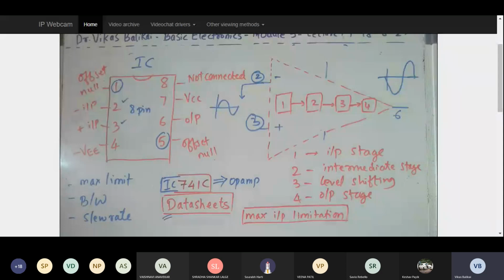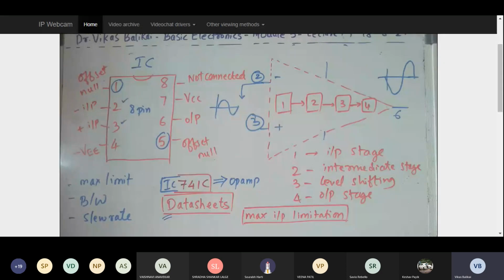Now coming to the structure, what I have shown over here is the internal structure. As you can see, I have just marked a dotted shaped symbol of my op amp, and inside that I have marked 4 blocks: 1, 2, 3, 4. Once I show you the internal structure, at that point of time it will be even more clear. But you can assume one particular operational amplifier, all the functionalities inside it have been divided into 4 different stages, and those 4 stages have been marked as 1, 2, 3 and 4.